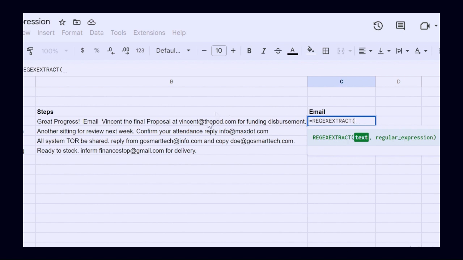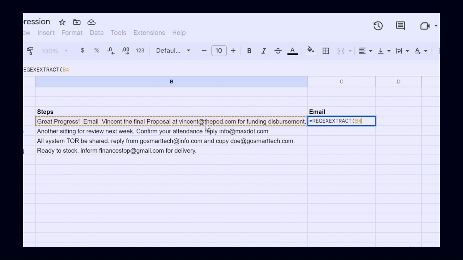Once we've done that, we are going to select our text in column B, cell B4, then comma, then double parenthesis. Okay. So the double parenthesis gives us our pattern, where we need to insert our pattern. And as I said earlier, our regular expression is defined by a pattern, which is coded in